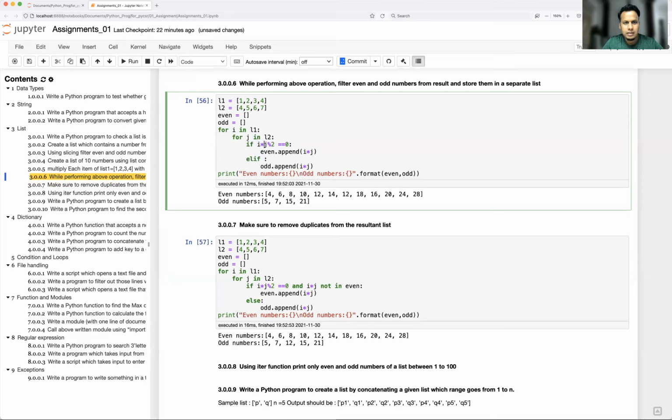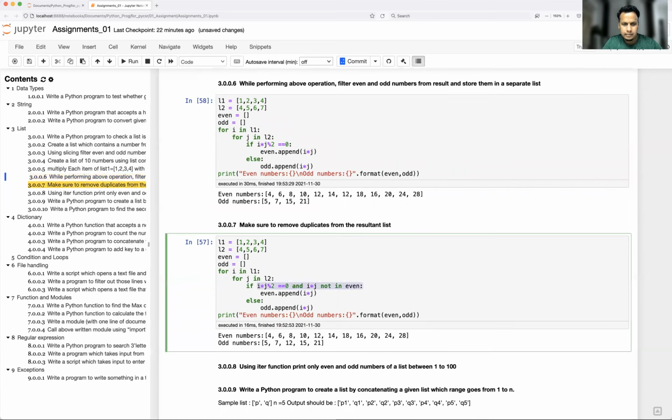If i not equal to j and i is not in even, then only it will make sense.